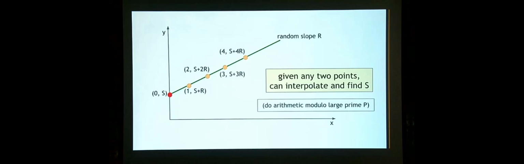Well, for 2 points we drew a line because any 2 points are sufficient to uniquely specify a line. If we want to require 3 points, what we're going to do is use a quadratic function because any 3 points are sufficient to reconstruct a quadratic function. And so we can use this table to understand what's going on. So if we use the equation s plus rx mod p with the random parameter r, that's the slope that we saw in the previous slide, then you need 2 points to